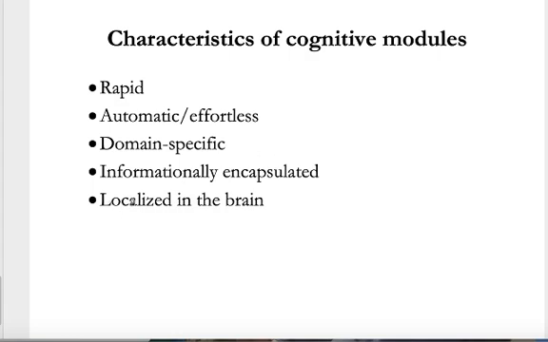And the last one here, localized in the brain. So this is, again, suggesting that because cognitive modules are by definition sort of distinct from other kinds of cognitive activities, presumably they should be located in certain places in the brain. Now, that said, after 150 years of neurological study, I don't believe that there's anybody in the world who can look at a brain and point out to you where the speech perception part is. And in fact, I'm not sure that you can do that for any cognitive faculty, but that is the ideal